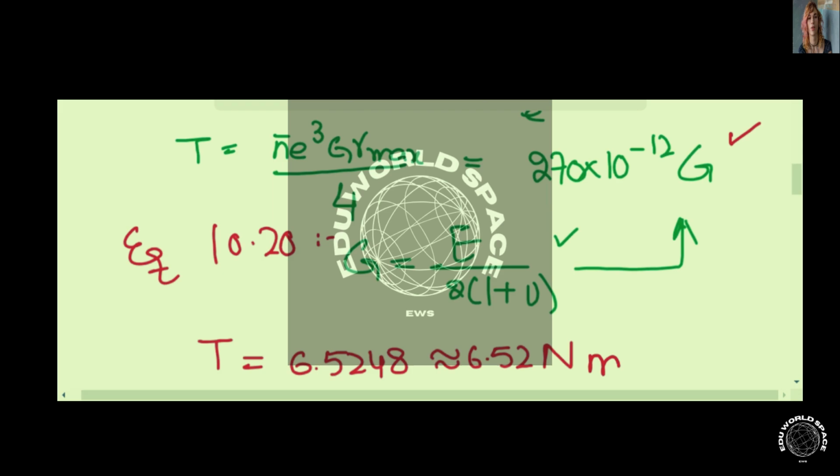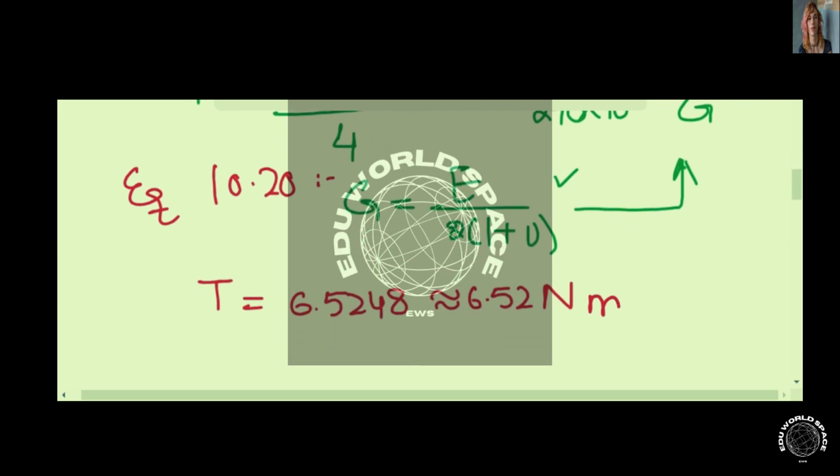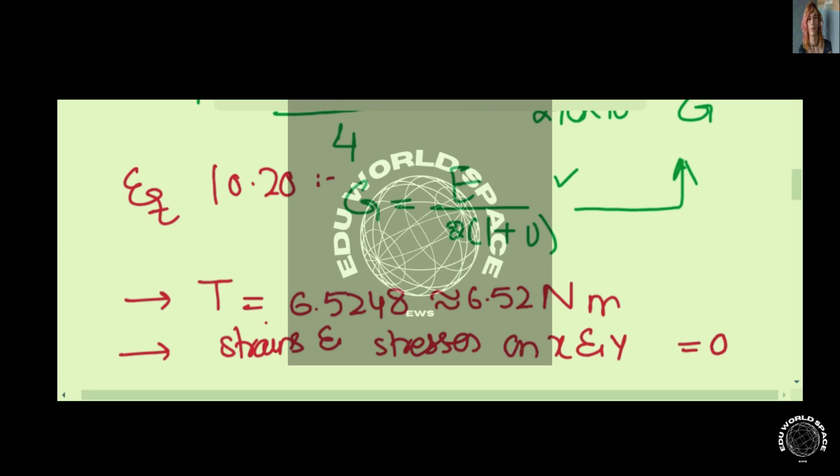So we found the strain and stresses on the x and y direction to be equal to 0. This was your first solution. The other solution is that the strain and stresses on x and y direction were equal to 0. So this concludes our solution for